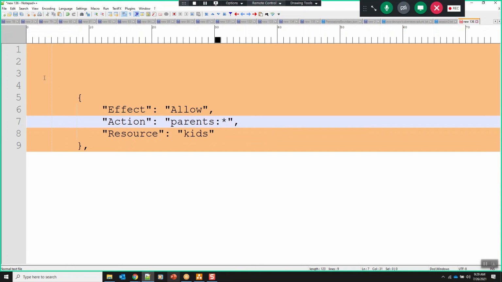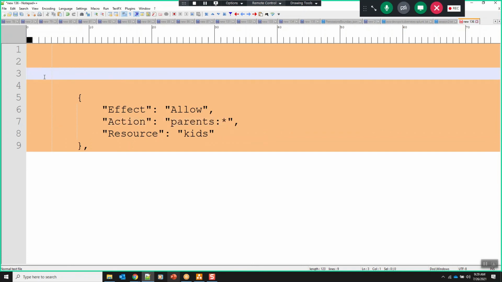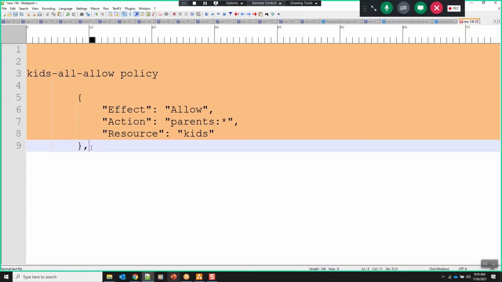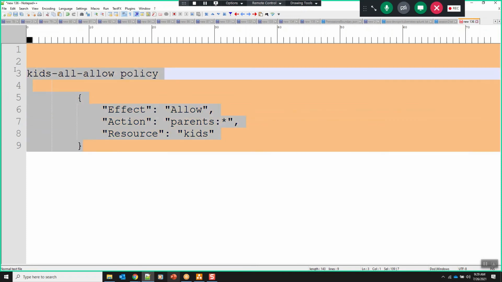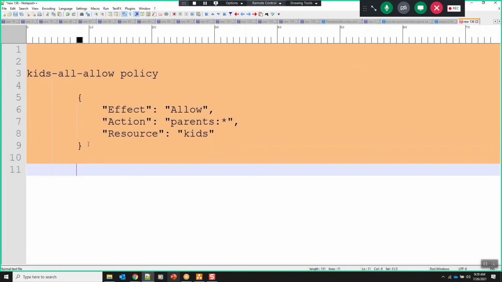So let's say I will create this policy as the kids all allow policy, and I will allow this policy. I will attach this policy to parents, and I need one more. I will create one more policy for the sake of mentors, the kids' teachers.